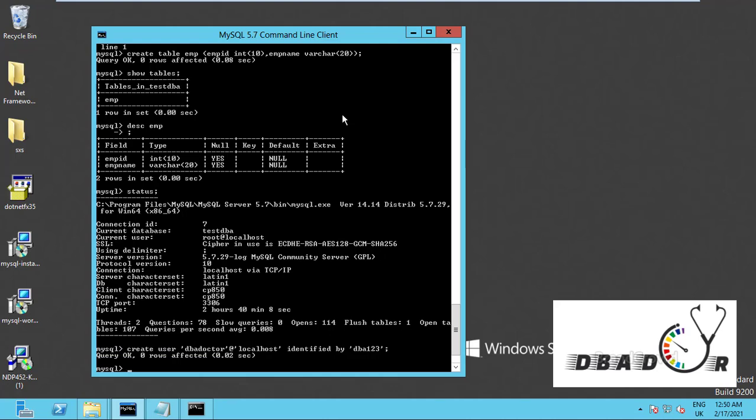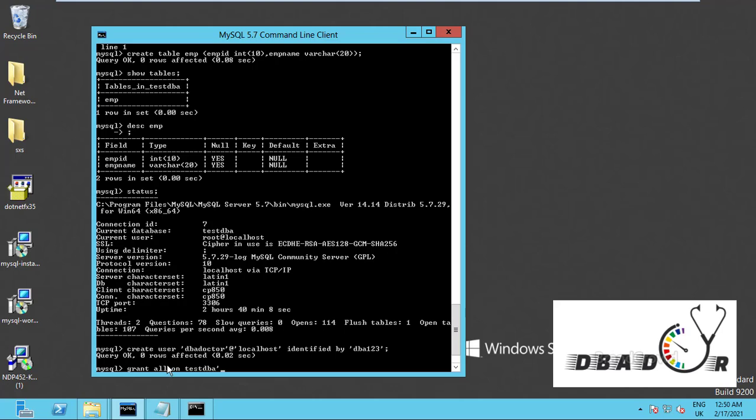This user is created. Okay, till now we have just created a user, but we have not specified user permissions. So the next script will be granting permission to the user so that he can access the database. I'm giving full control on this database, test dba, which means he can do anything, like a system level sysadmin or database creator.